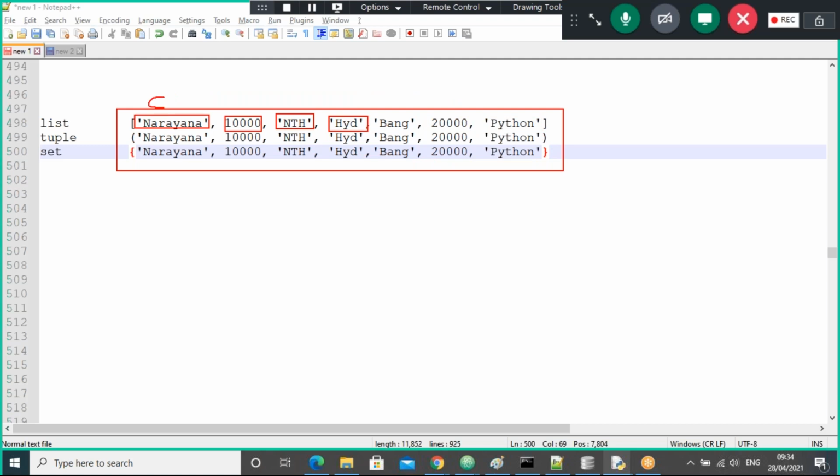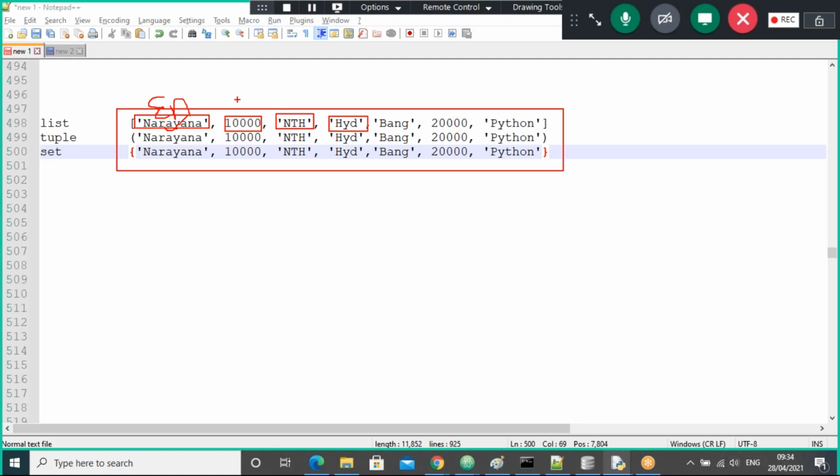For example, this is the employee name, and E name is the key. The key is not there, but the value is. Same with 10,000, which is the monthly expenses, but that key is not there. So values are there, but keys are missing, guys. To get this clarity, we are going for dictionary.